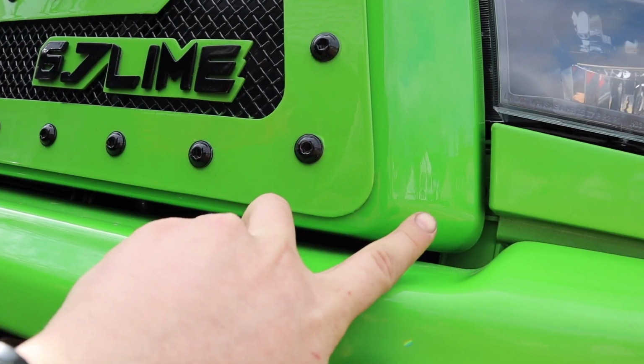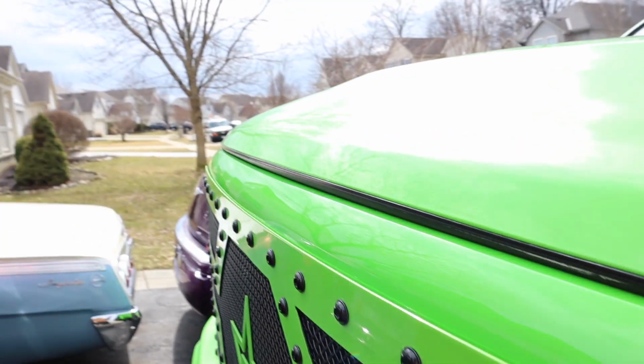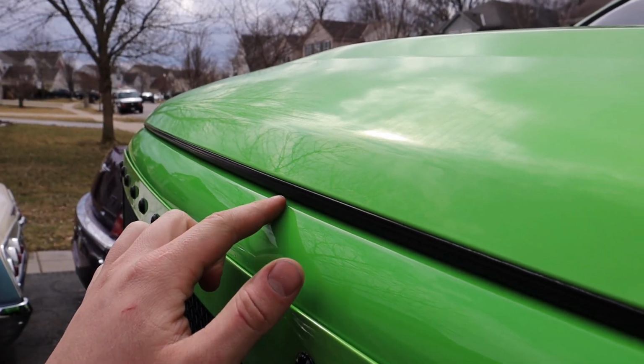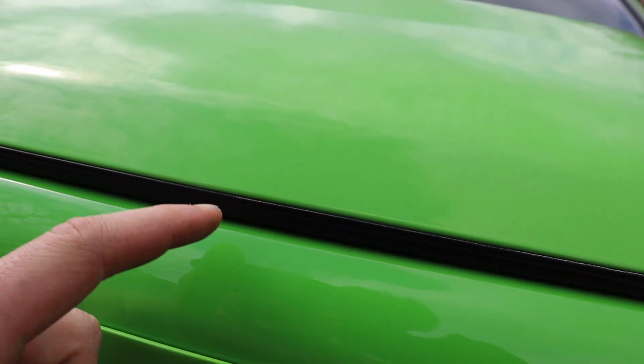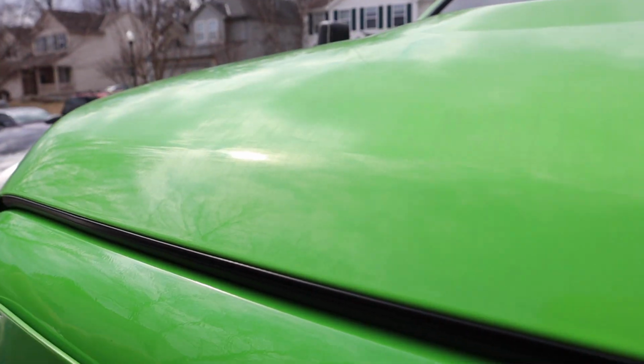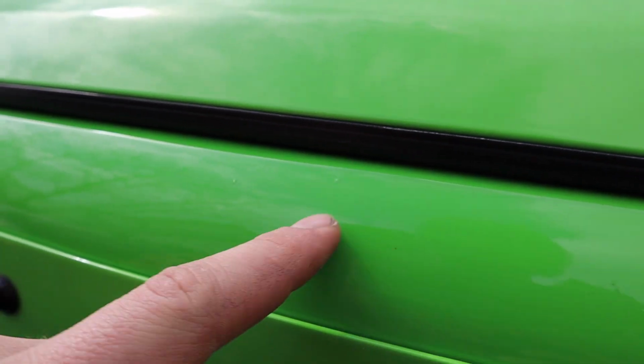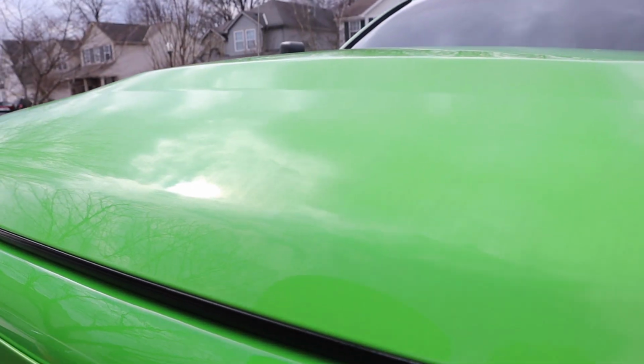There we have it, guys. The Rockchip is no longer there. And I'm gonna be honest, this time around, it's actually a lot shinier. There's a few spots on here that I could definitely wet sand some stuff out of the clear. Actually, there's pretty much only this spot here that I could wet sand out of the clear and buff it,